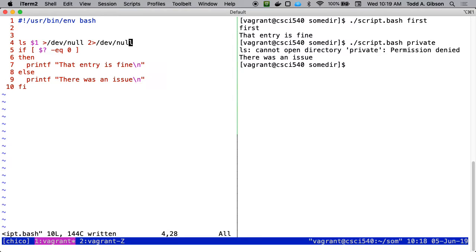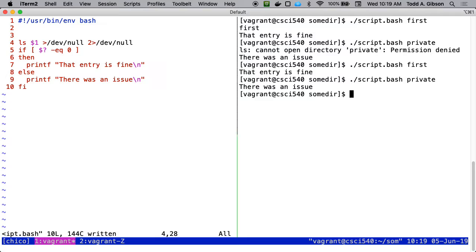All right. So here's a perfect example of I'm very interested in the success or failure of the command, but I don't care about what the command is actually generating as far as output. So now, when I run it, yeah. All right. What about